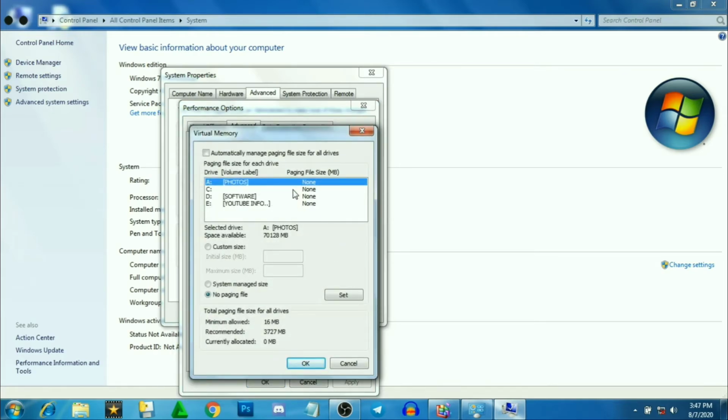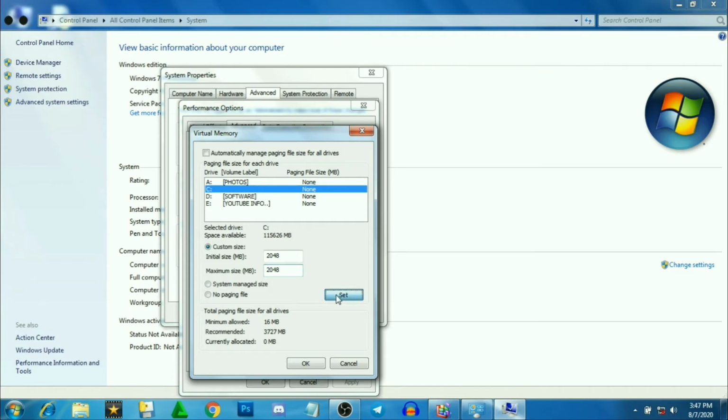First of all, I will select the C drive. In that I will create a paging file. Here the no paging file option would be selected. So select custom size, and I am going to type 2048 MB, which is almost 2 GB. I will create 2 GB of virtual RAM on each drive because my RAM is 2 GB.